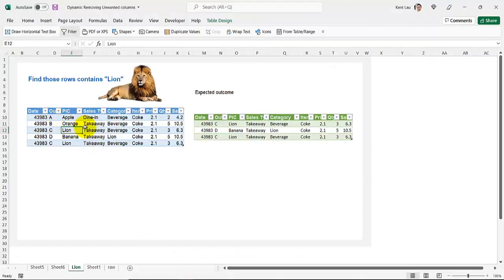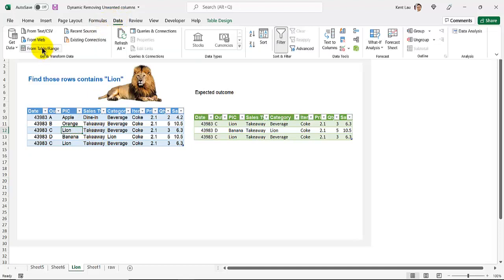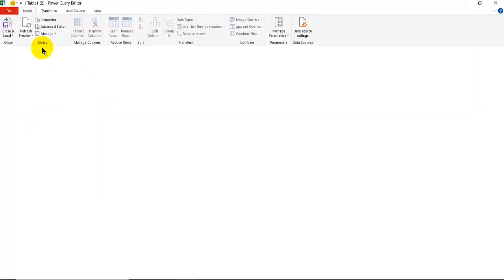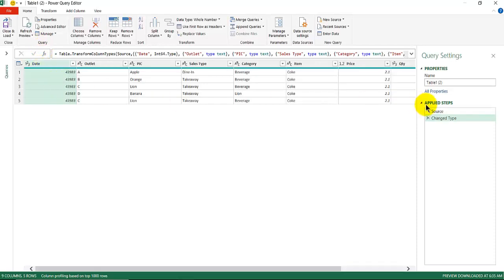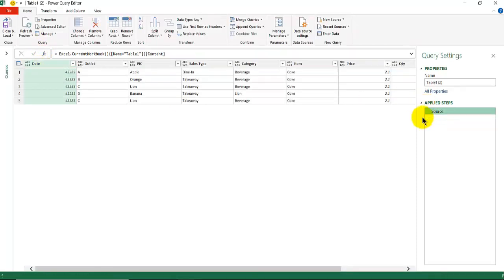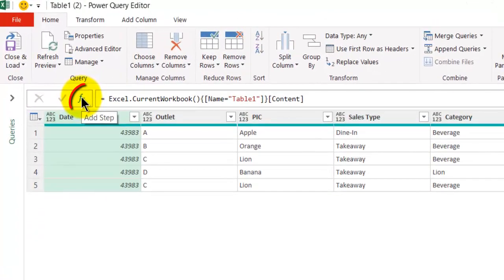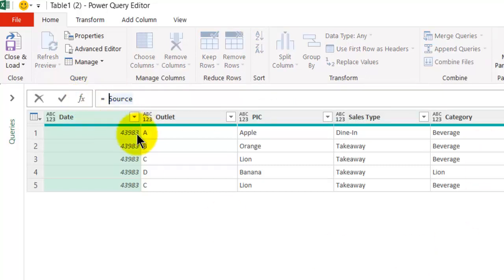And yes, this is my testing. Let's go to here, the Data tab, turn it into a Power Query table, and there you are. I just cross the step here and go to this add step button. So I take the entire table as the source. As the source is a table, I just call the